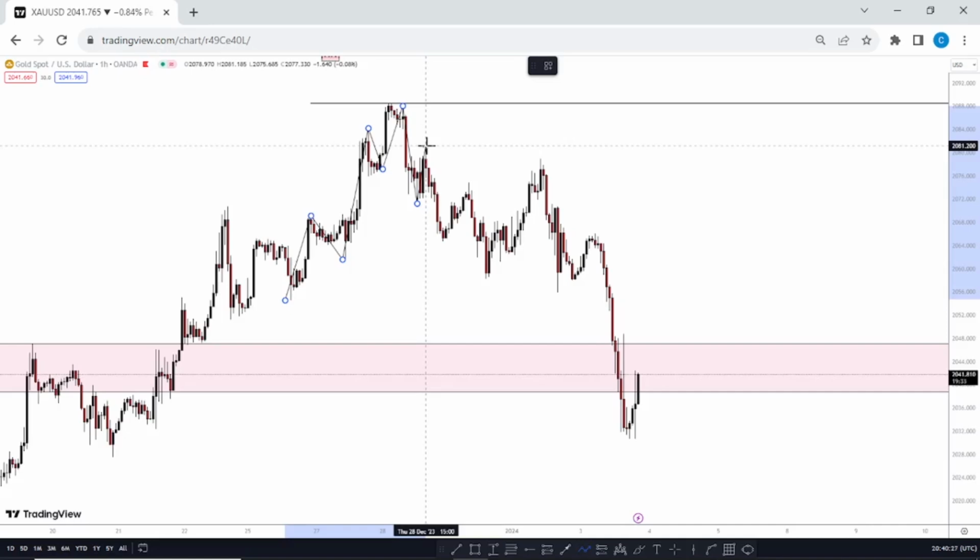So after this lower high was created, what did price do next? It came back down to create a new lower low. After a new lower low was created, what did price do? It came back down to create a new lower high. After price created this lower high, what did it do next? It came back down to create a new lower low. After this lower low was created, what did price do? It came back up, created this new lower high,